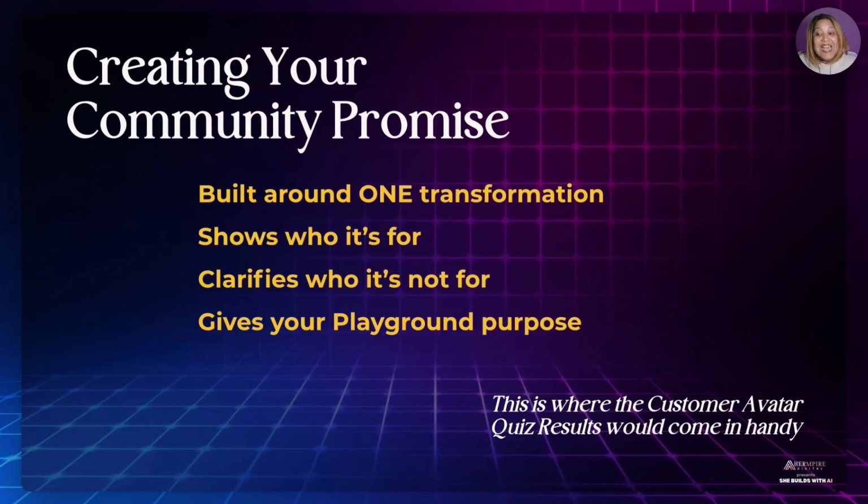Okay? Because when you have your promise, it tells people exactly who the space is for. She builds with AI. Okay. On the about page, it tells them, hey, you've got some freebies in here that are going to help you. We do some tips, D coming through with the tips. I'm coming through with the mini course training for you, so that way you can map your path. What does that look like for your people? Your playground becomes purposeful. It becomes the purpose why people are there, why they want to come there, not just a place to post, right?